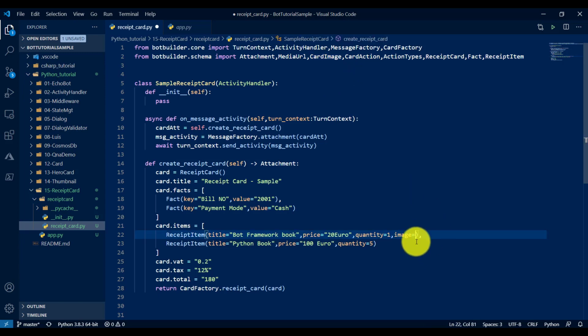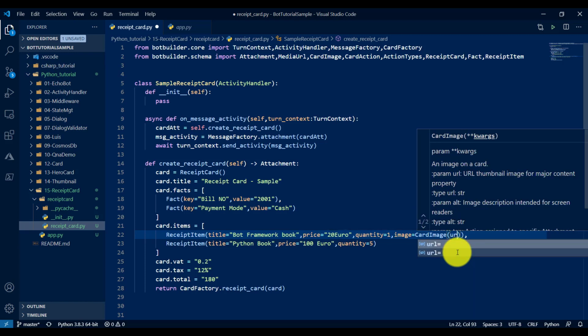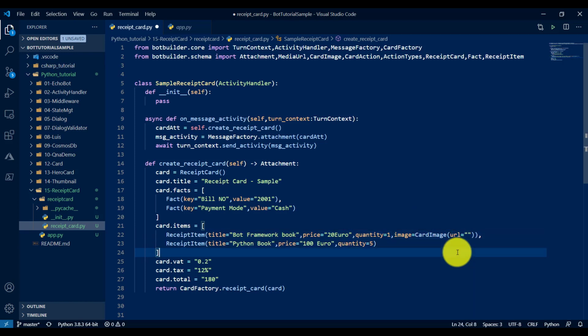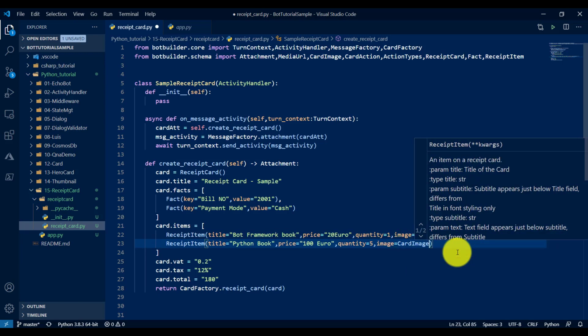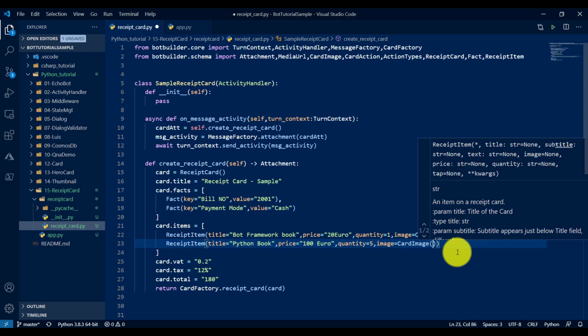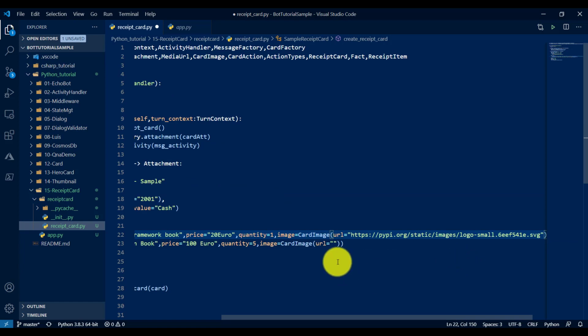So you can use the card image and paste the URL. Maybe here also I will add a card image URL. Use this URL, and here also the same URL.